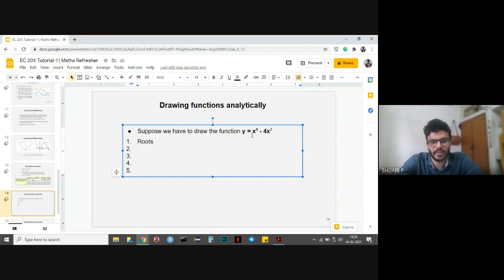Then I think we can go ahead by calculating the roots and see what they are. So can someone quickly calculate the root of this function? Okay, everyone can do the same. So we'll essentially be getting